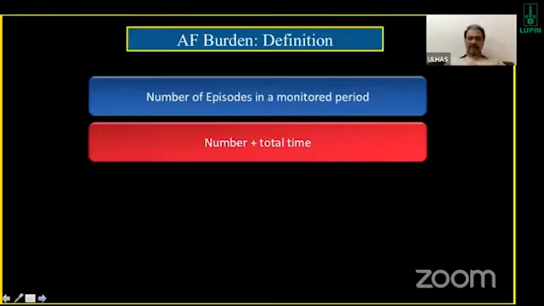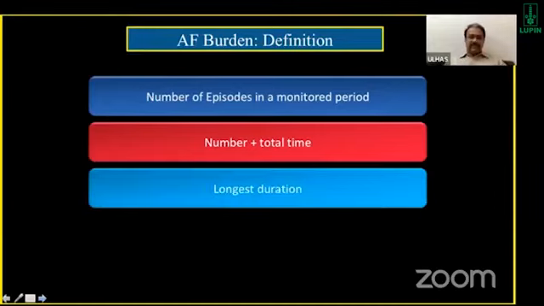A better definition of the burden includes the total number of episodes plus how long each episode lasted. So the total time the patient was in atrial fibrillation should also be taken into consideration. But then it also has a limitation. For example, if a person has repeated episodes of atrial fibrillation, say 100 times, when monitored for say a month, and each episode lasted for only a few seconds,